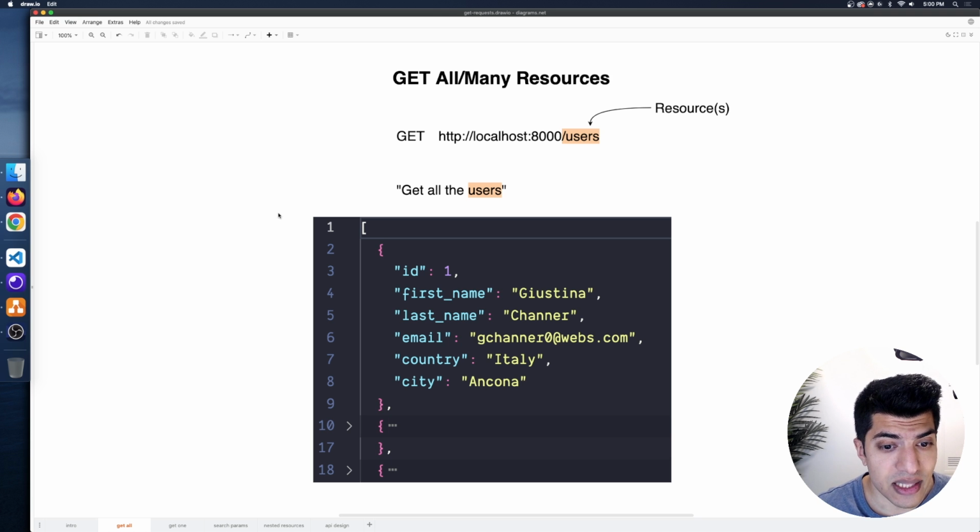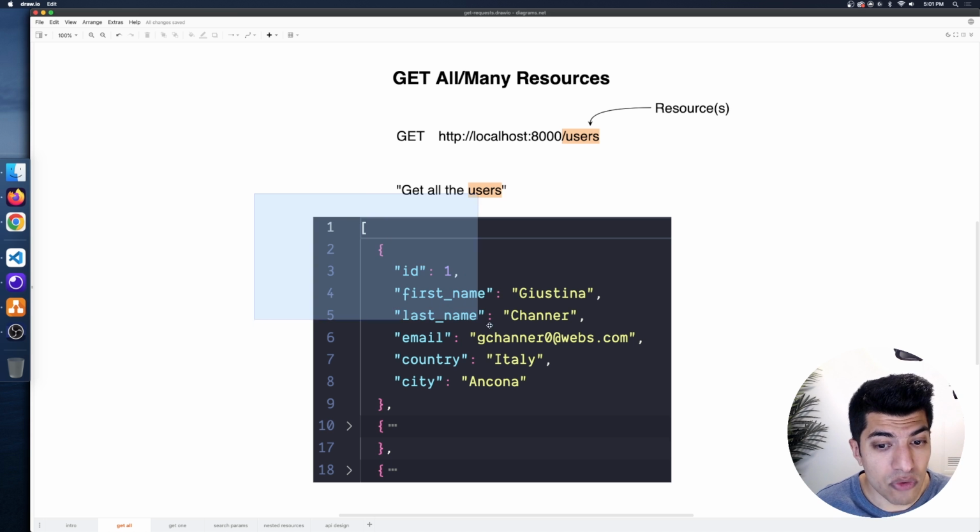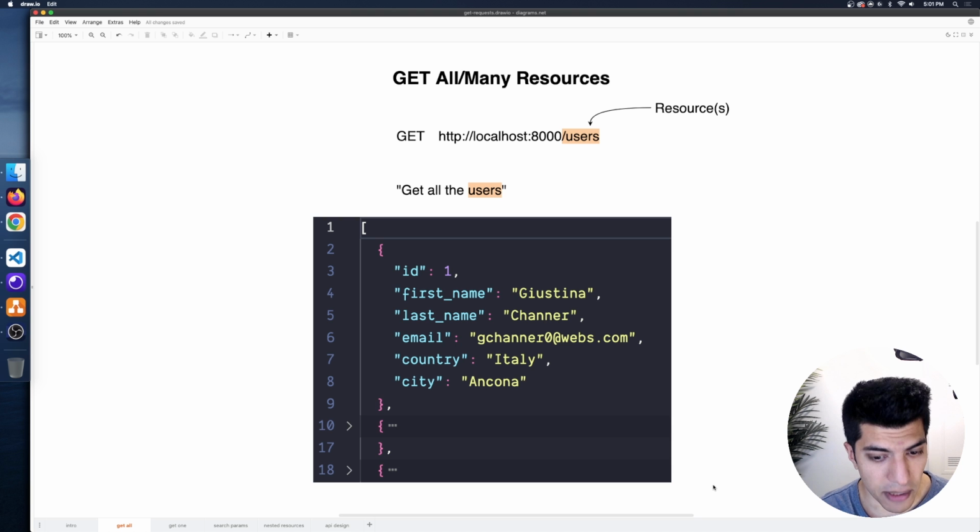But you can see that in this case, this might be a very long amount of content. For example, there might be 100 users, it might be 1,000 users, there might be 1,000,000 users, right? So generally, we'd want to add a little bit more restriction as to how this operation of get all of something might work. But really, at a high level, this is all it is. It is saying, I want to get all of this type of resource. So we're getting an array of users where each user is a single object in this case. You can't see the end of it in this JSON here, but you can imagine it's however long it needs to be. Okay. So let's start with this, and we'll actually code it out together,